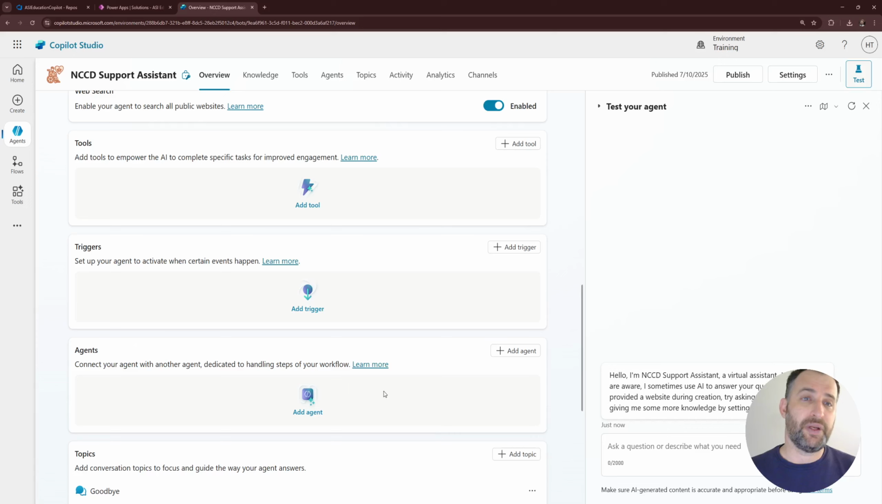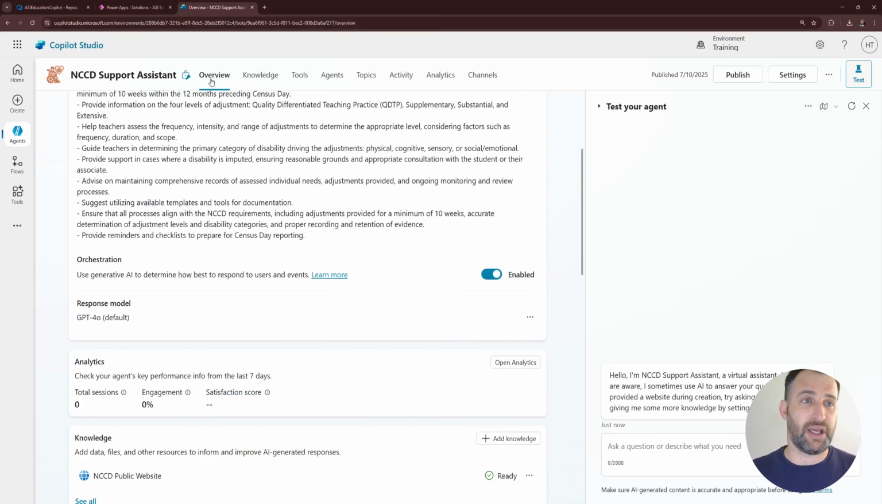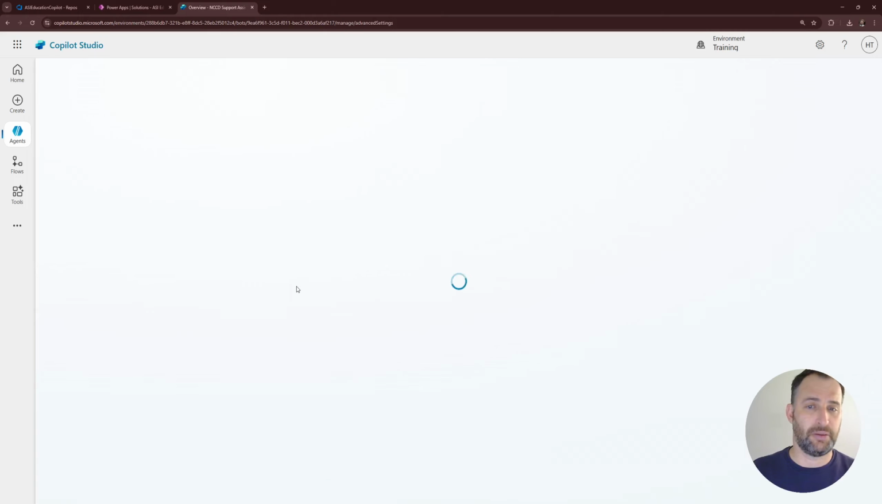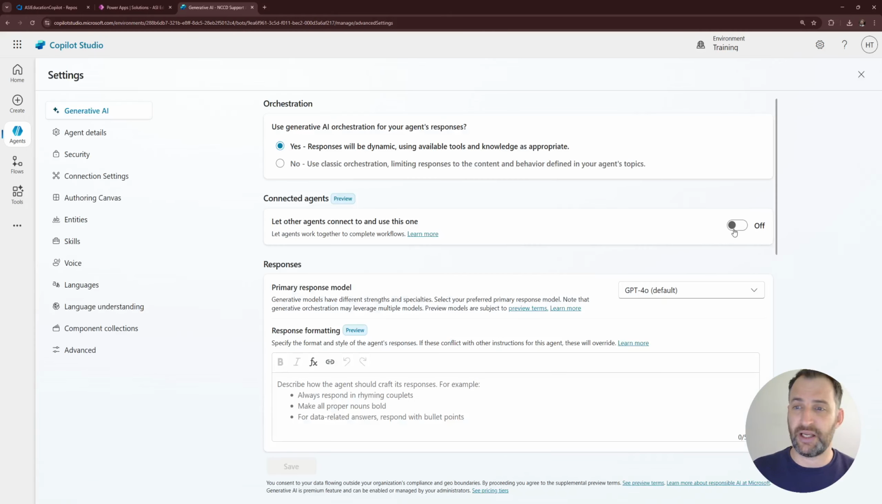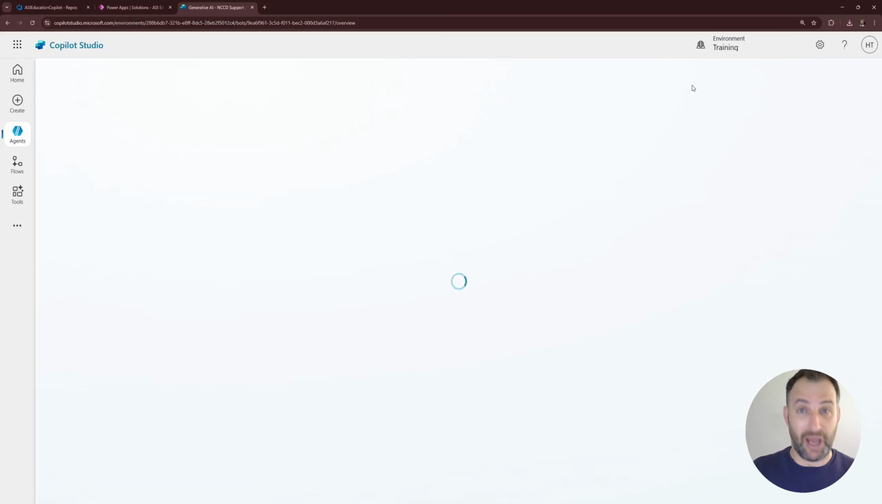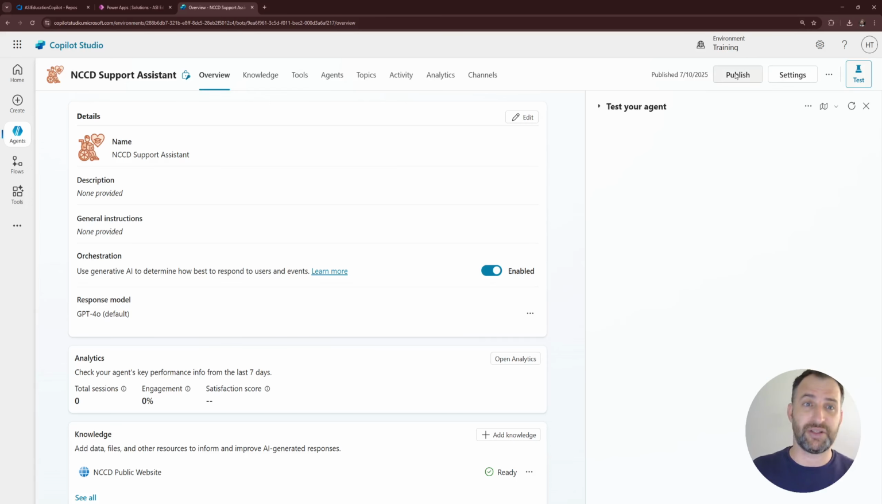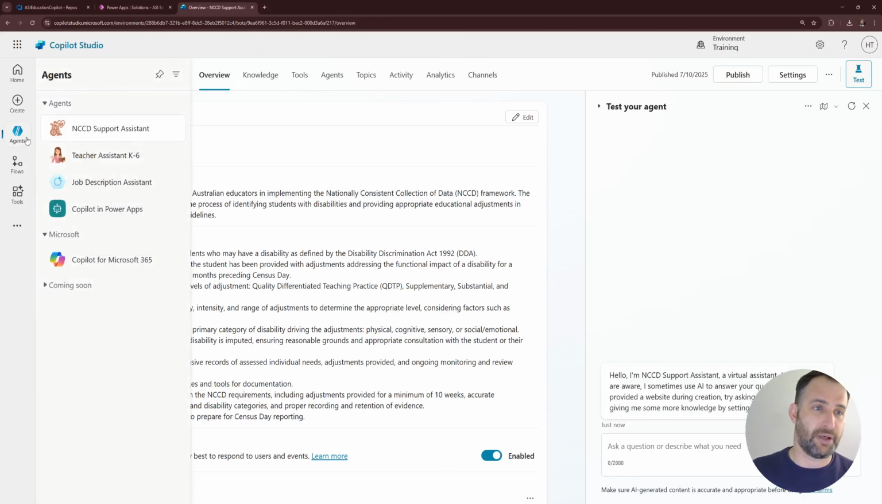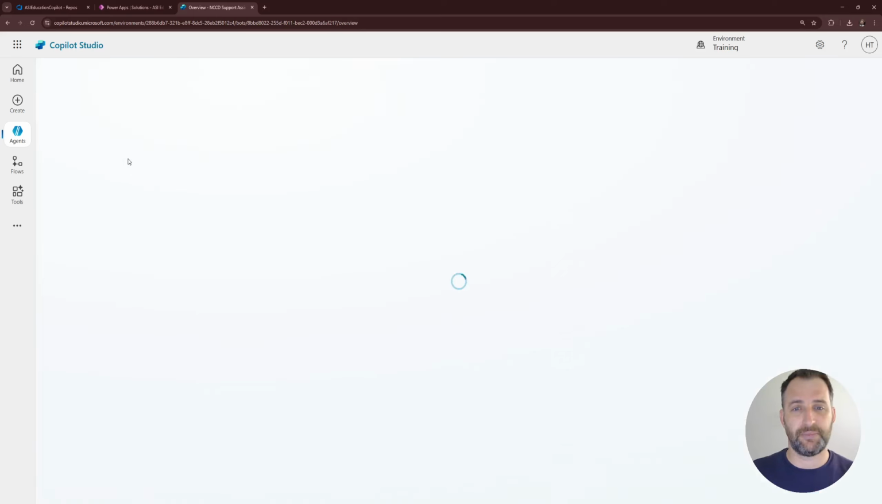So what we need to do first of all is in our agent, when we've created this particular agent, I need to go to settings, and I need to say let other agents connect to this one, right? So that's very important, otherwise it's going to stay disabled. Once I've done that, I can publish this agent. You have to publish this agent at least once, otherwise the other agents won't know about it. Then I'm going to go back to my teacher assistant,